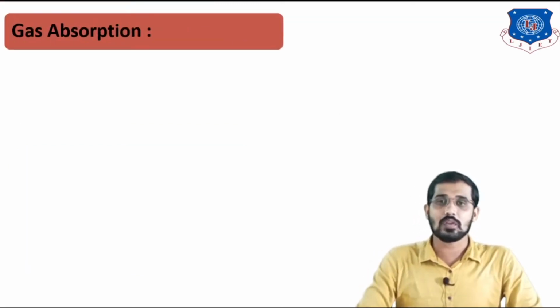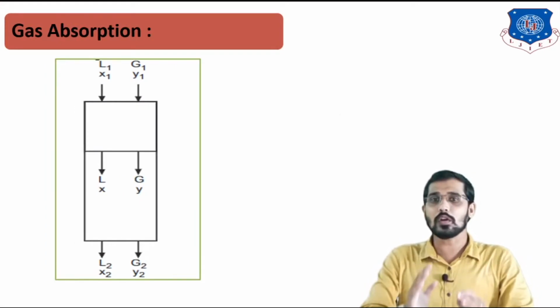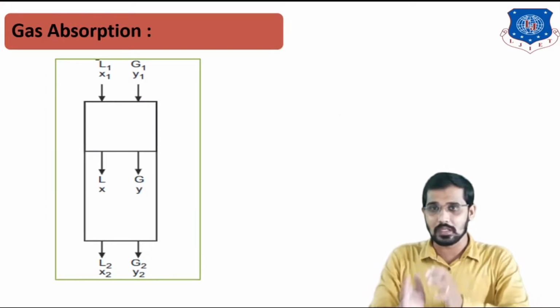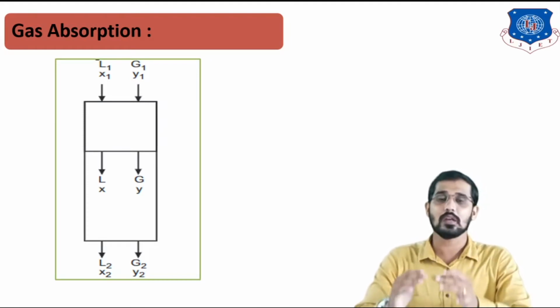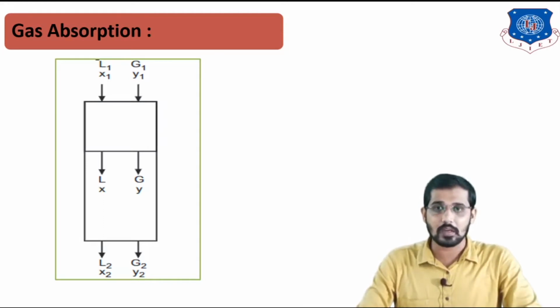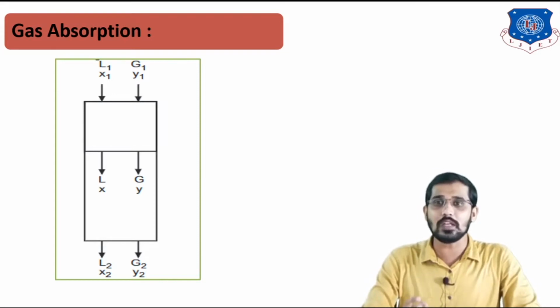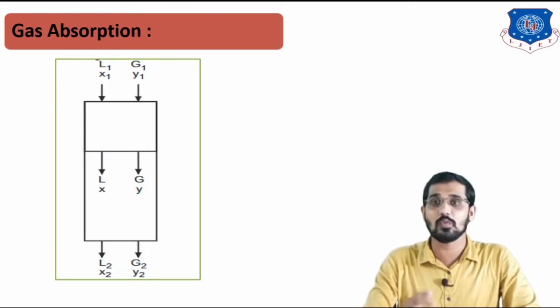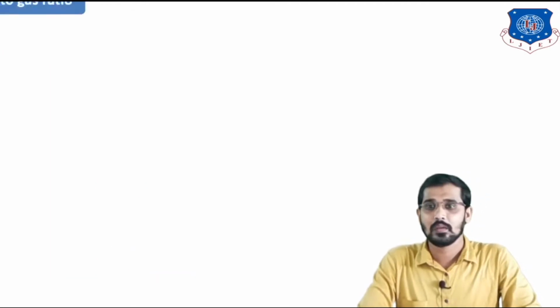You can see this is the figure for co-current gas absorption. In co-current gas absorption, both streams, the liquid stream and the gaseous stream, come from the same direction. Means in this figure, both streams are coming from the top section to the bottom section, where capital L and capital G are the flow rates for the liquid and gas respectively. After that, X and Y are the mole fractions of the solute which we want to remove, in the liquid stream and gaseous stream respectively.